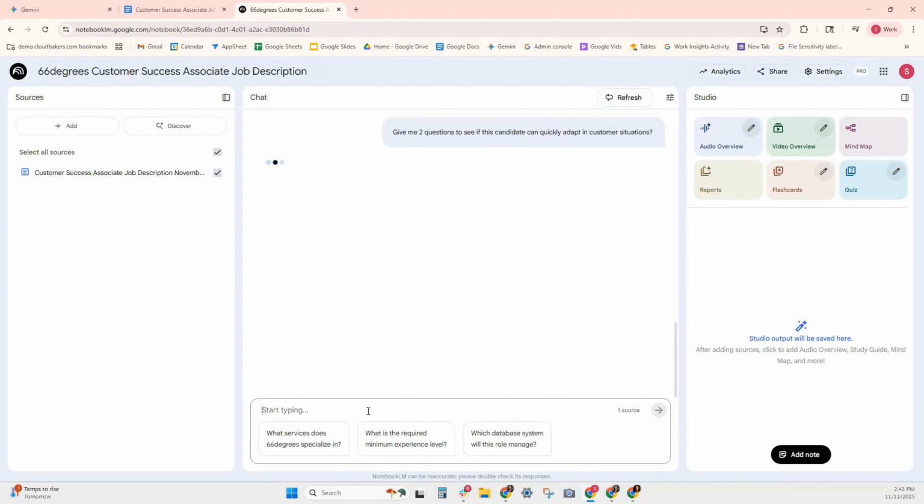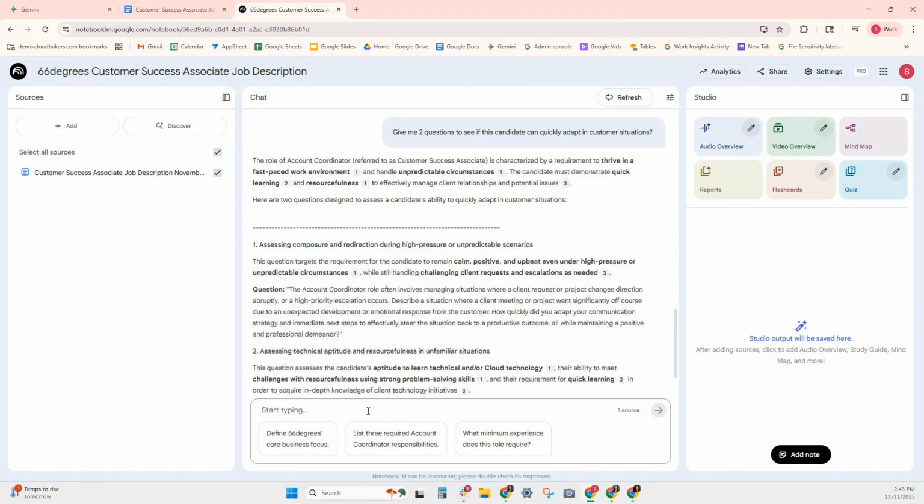Give me 2 questions, see if this candidate can adapt quickly. Again, you can add the resume. I've had clients who actually add the resume and the job description and they start asking questions based on it. Definitely could do that as well. Notebook LM is great because it's grounded search or containerized search, so you have less hallucinations and you get very specific answers to it. So account coordinator role often involves managing situations with clients' request or project changes direction abruptly